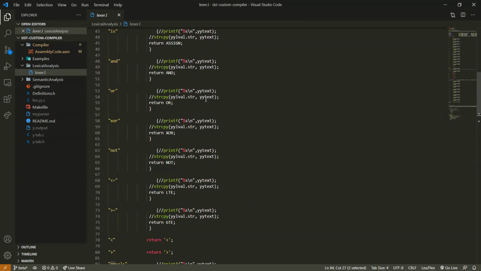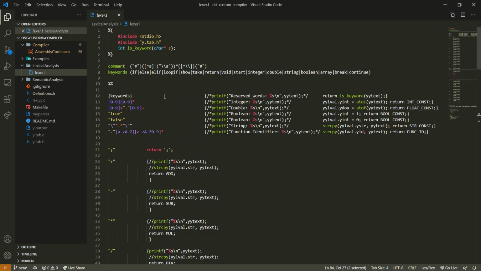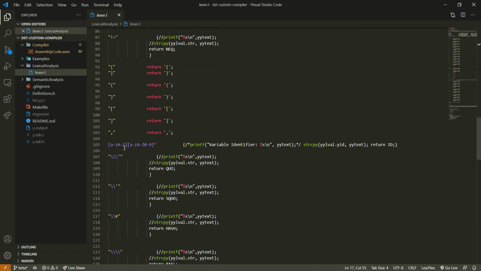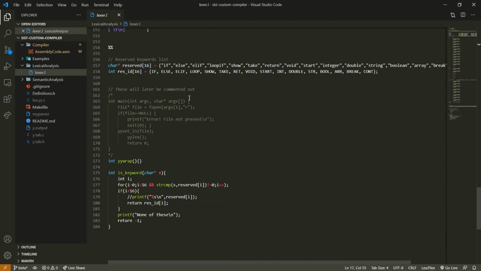So we have this compiler where we have created our own language named DST, and for that we have started with the lexical phase first. So here we are taking all as tokens, for example the reserved keywords integer, double, boolean, etc. Apart from that, the symbols, semicolon and other things. Once this tokenization is done, then we are passing it to the parsing phase.